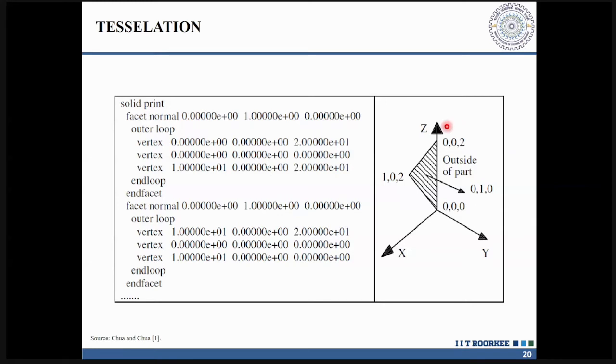So what you can see is how the information is stored in your tessellated model. It stores the information of vertex 1, vertex 2, vertex 3, and a unit normal. So why is the unit normal required? Because it helps in deciding the path of your particular laser. If it is an object and every laser is pointed towards your computer screen, it means that it is going to give me a profile.